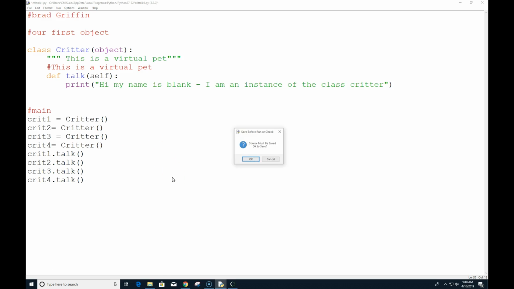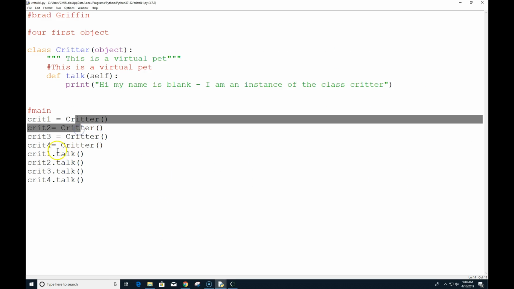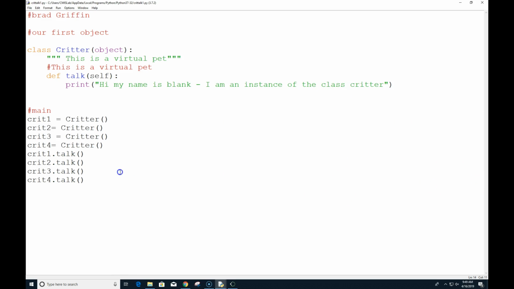We're going to show you how we can do some more pieces with them. Right now it says we created 4, and I had 4 of them actually call a method that's inside of there. There's a couple of things in here we're just going to have to take on faith for now. One of those is this piece here where it says self. That references back to its own object. We're just going to take that on faith right now.